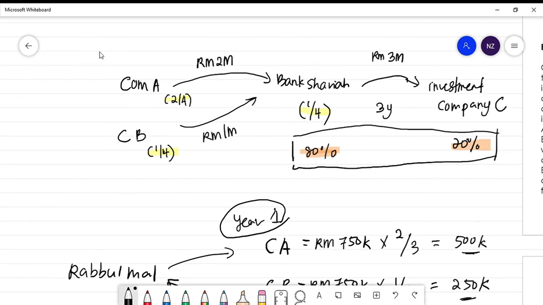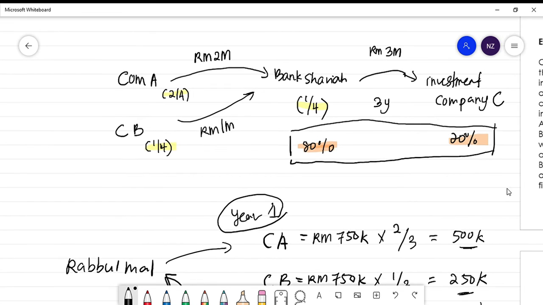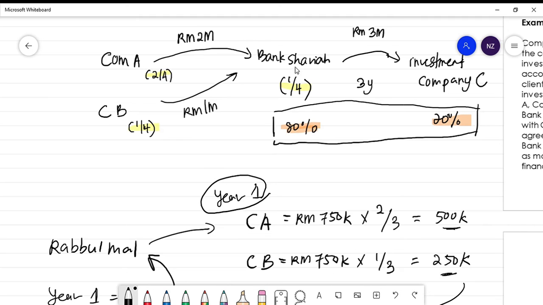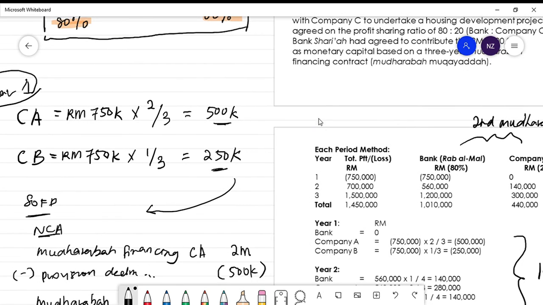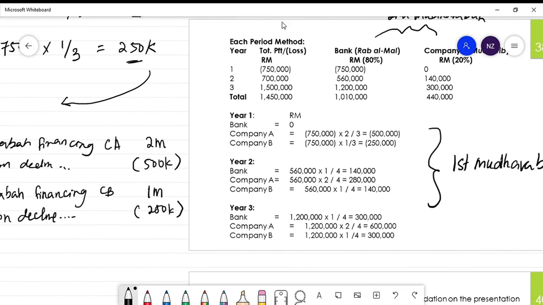So the first mudharabah kan hanya related dengan company A, company B and bank syariah, tak ada kena dengan C. So kita hanya ambil profit yang bank syariah ni dapat daripada company C tadi. So sebab kita dah kira the bank here akan dapat 1,200,000k kan. So kita assume and kita recognize dia punya profit for first mudharabah is the profit yang bank dapat